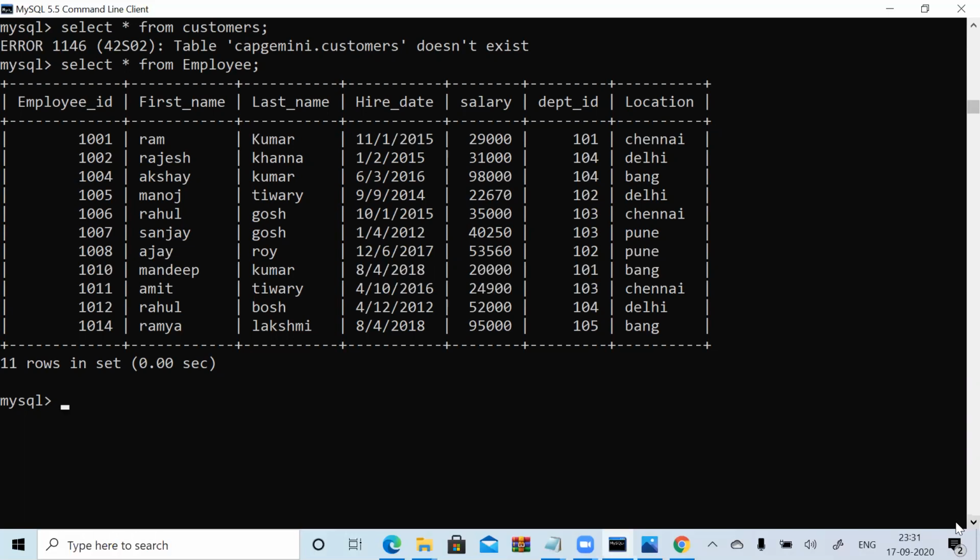How to do that? Select *. Afterwards I will write an IF statement: if salary greater than 50,000, I am making it Senior. For the remaining, it will be Junior, by using the IF clause.